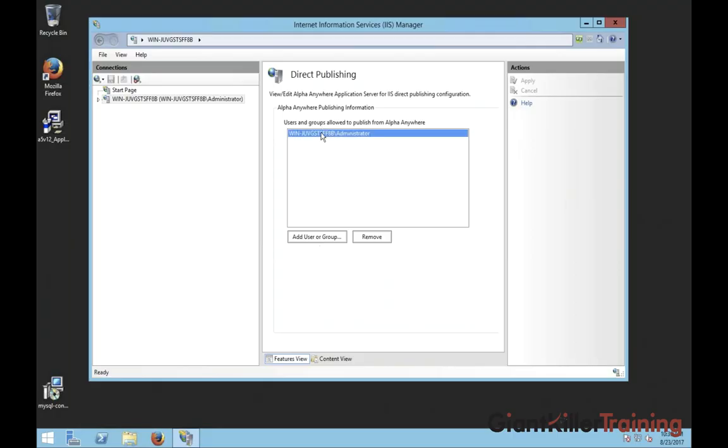Add user or group. A safe bet is administrator, because if I logged into this machine with an administrator login, I know that that's going to work and connect properly from there. But if you miss this, and we can demonstrate it later on, you'll get an error